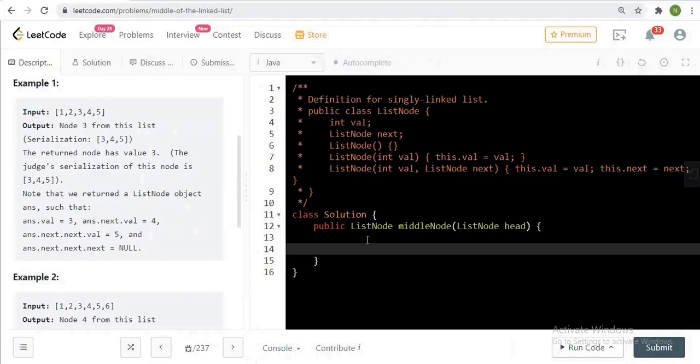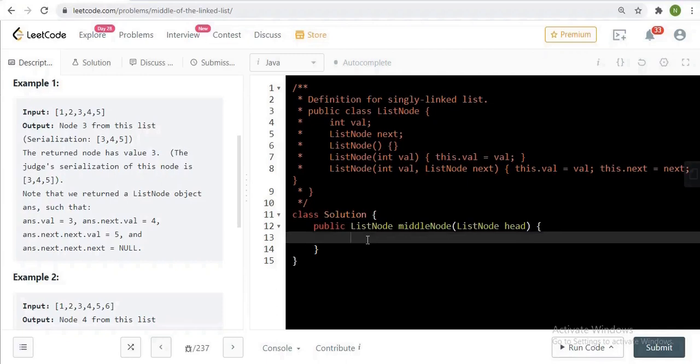Let's start. As the name suggests, two pointers, we have to declare two pointers and initialize them with head initially. Let's do that.